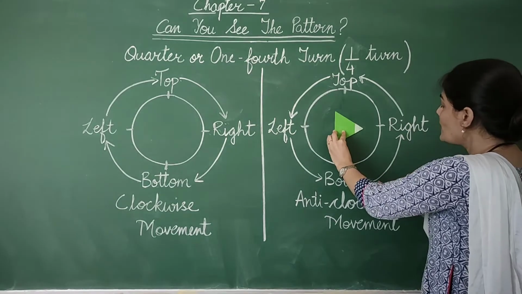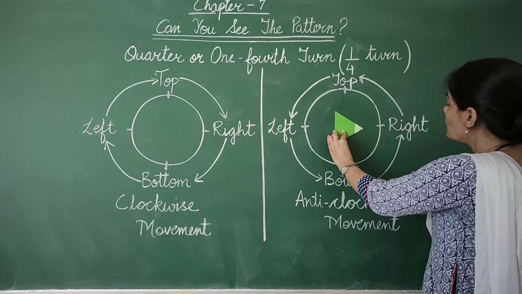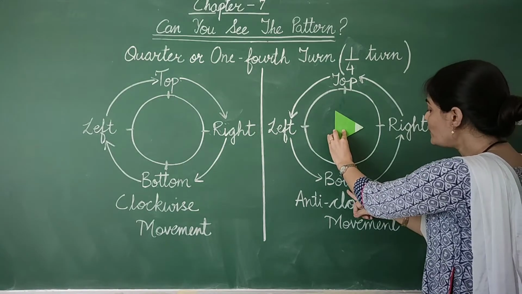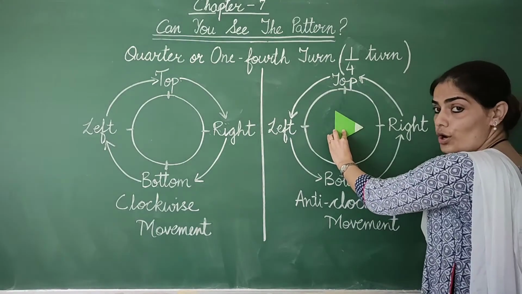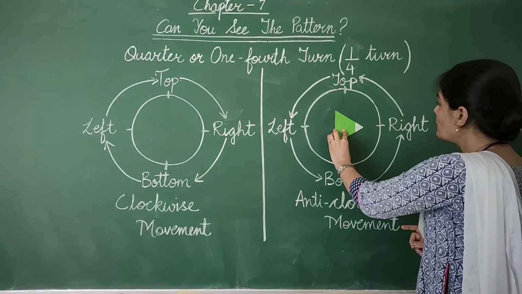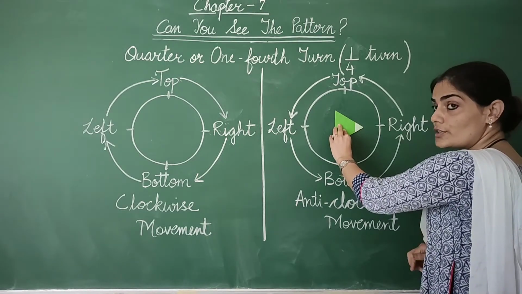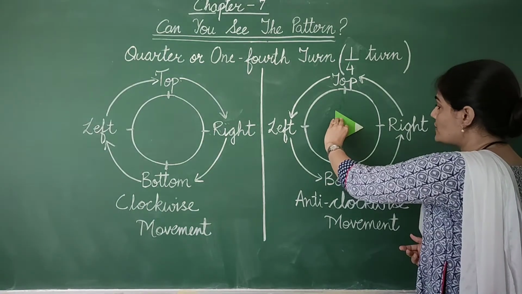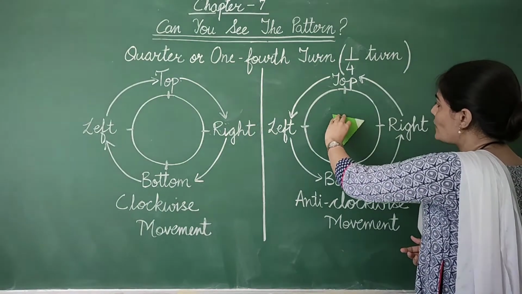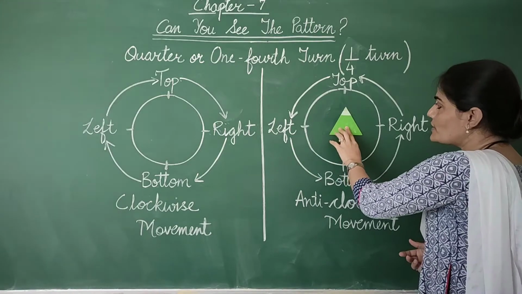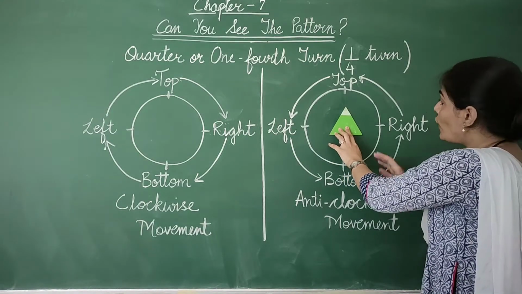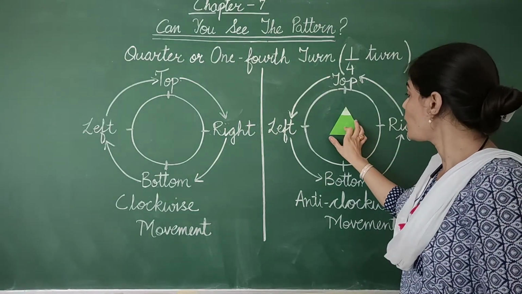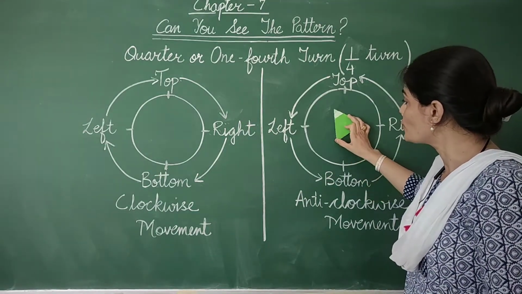You just look at the position, the way these arrows are pointing. Okay, so the movement from bottom will be towards your right like this. Fine. And if I ask you to give it one more quarter turn anti-clockwise, then from right, where will it point? It will point towards the top.